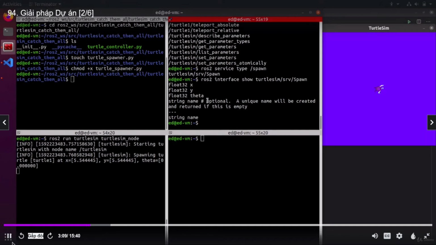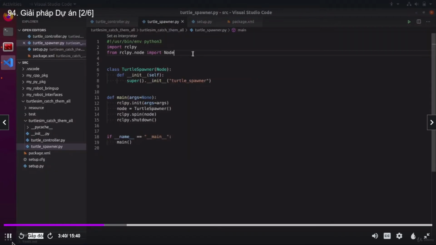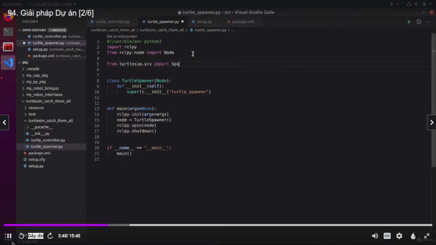If you don't provide it, a unique name will be created and returned, and you get a response, which is the name of the turtle. If the turtle was successfully spawned, you will get the name. If you have an error, for example, you try to spawn a new turtle with a name that already exists, then the string will be empty, and that's how we know there is an error from the turtlesim node. So let's include that: from turtlesim.srv import Spawn,